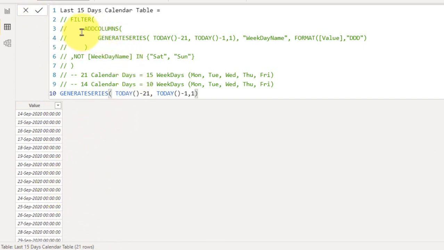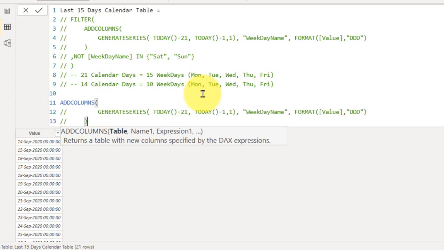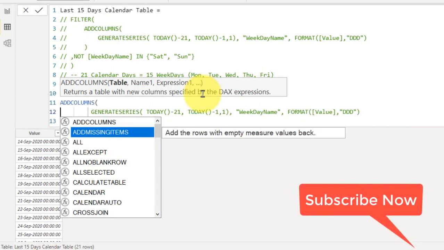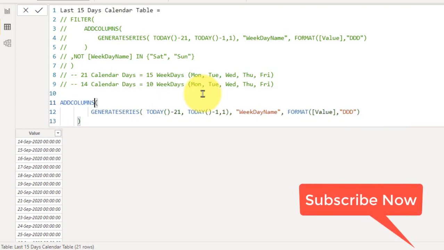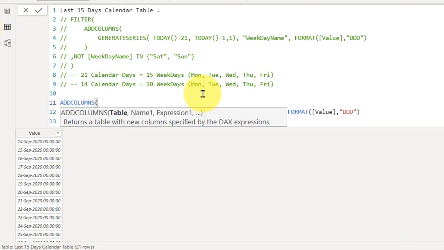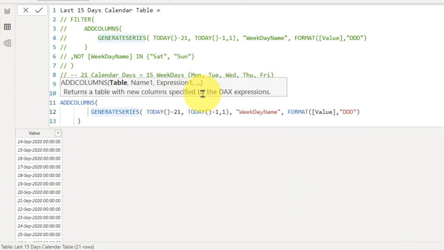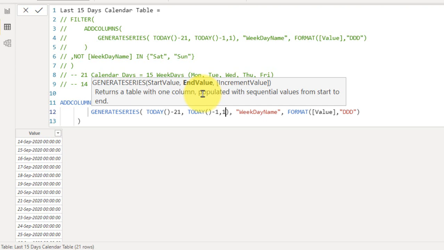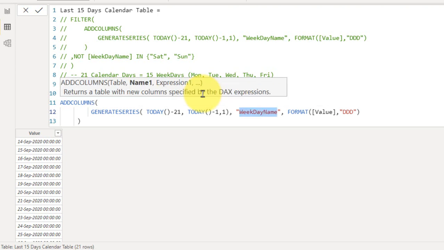And then I have added the add columns function. If I open it up here, it asks for the table. The table is the generate series table, and then comma, I am giving the name as weekday name, because I want to know which day it is, Sunday, Monday, Tuesday, or Wednesday.